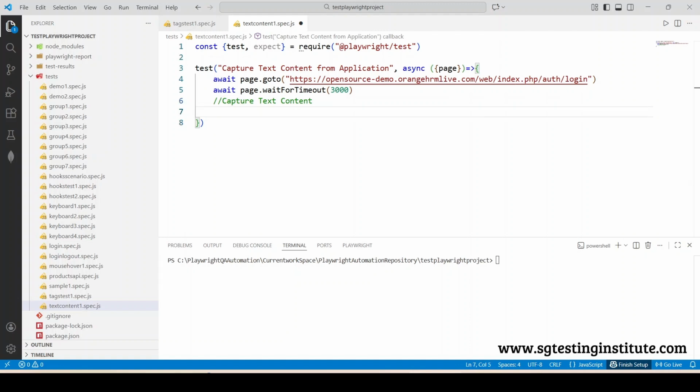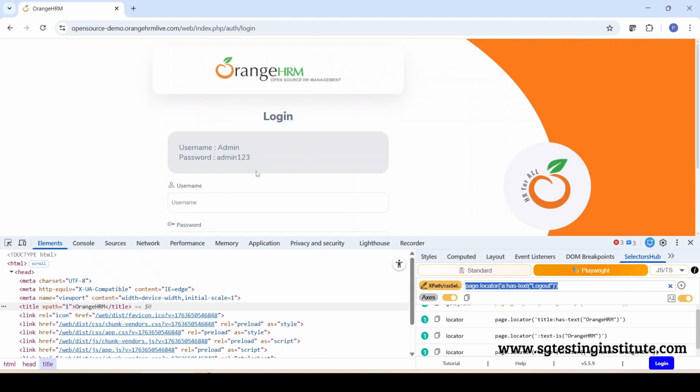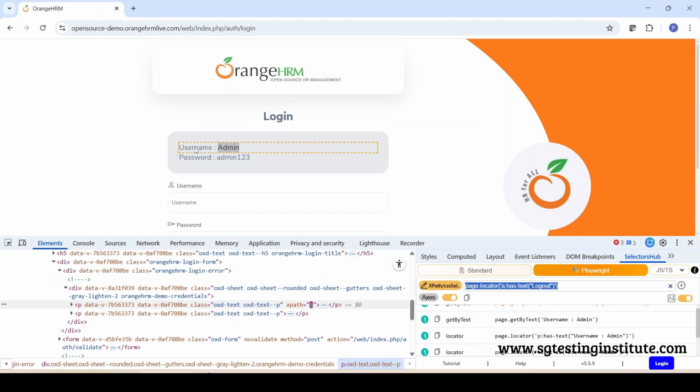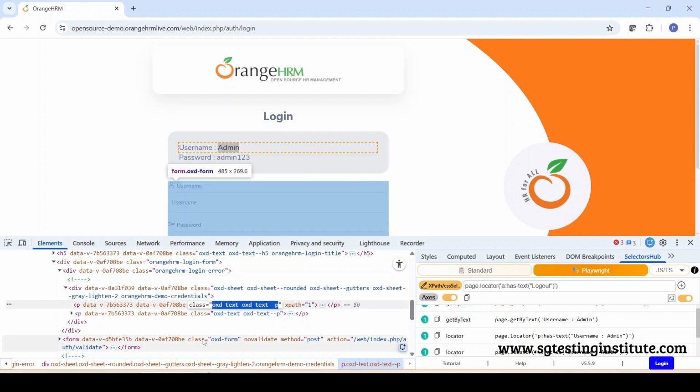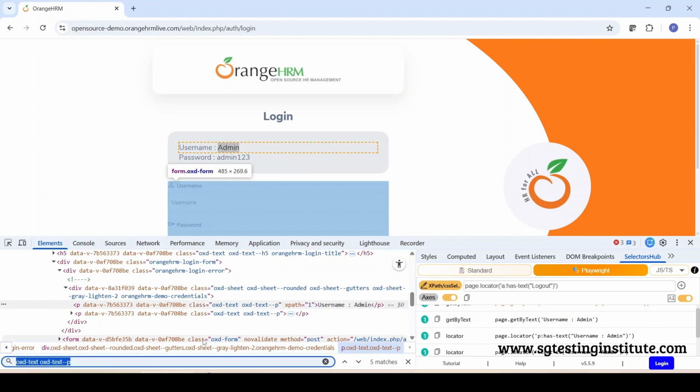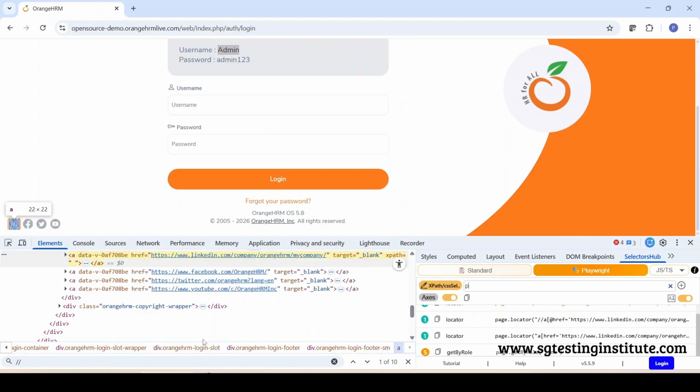What is the text content we can capture? We can go to our Orange HRM application. We can see username is admin, password is admin123. We'll try to capture this particular text content. So we can inspect on the username. It contains class. So we can try to write the XPath. Either you can use SelectorsHub, or you can write your own XPath. We can write p